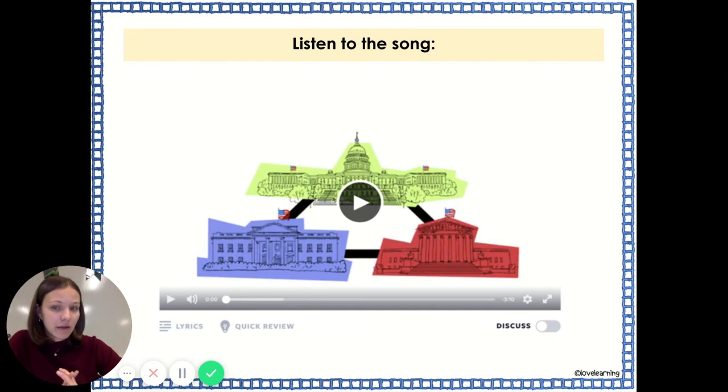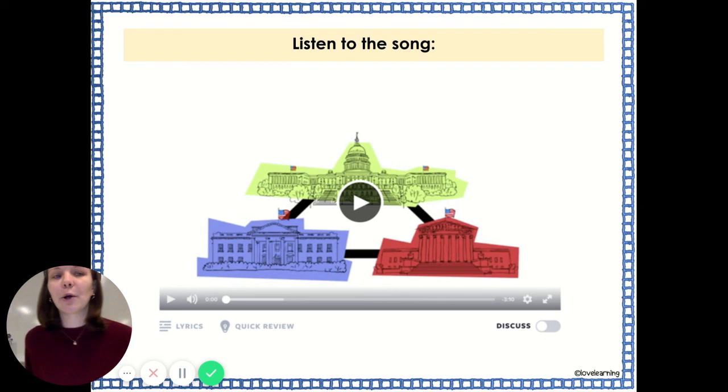Lastly, there's a song right here. It's kind of like a fun little rap about the 3 branches of government. And again, I know a lot of us might think, oh, I'm too old for fun songs. Well, you're wrong. Fun songs help us learn, they help us better understand information, and they're just kind of fun. Why not just jam out to a fun song, guys? So I recommend checking this song out. It will help us better understand the 3 branches of government and how we can really benefit from having 3 branches of government. So that wraps up our day today.